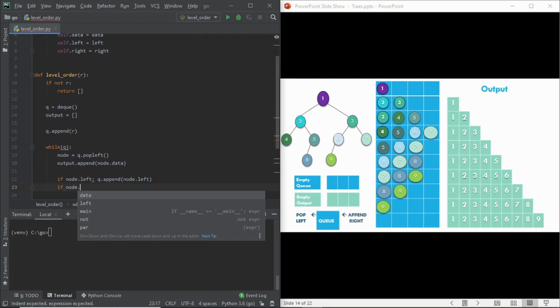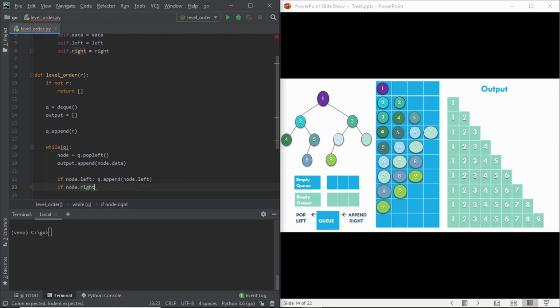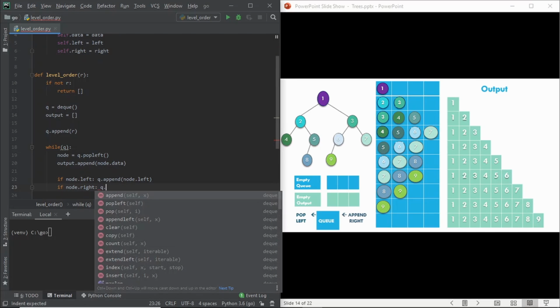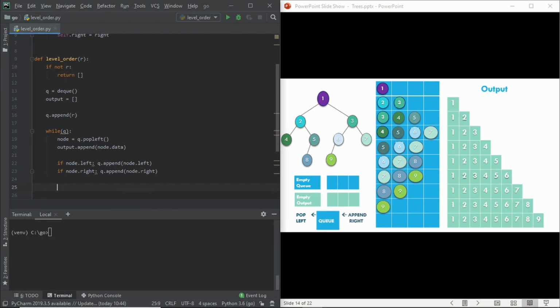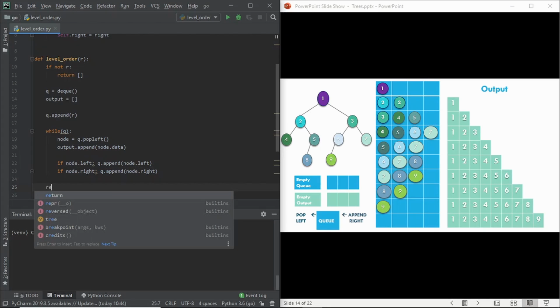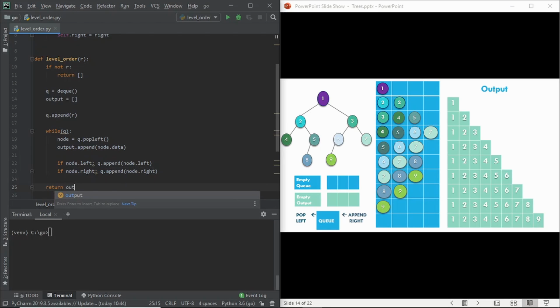If it has a right child, we add the node's right child to the queue. We repeat the process until there are any elements in the queue. Finally, once there are no more elements in the queue, we return output.